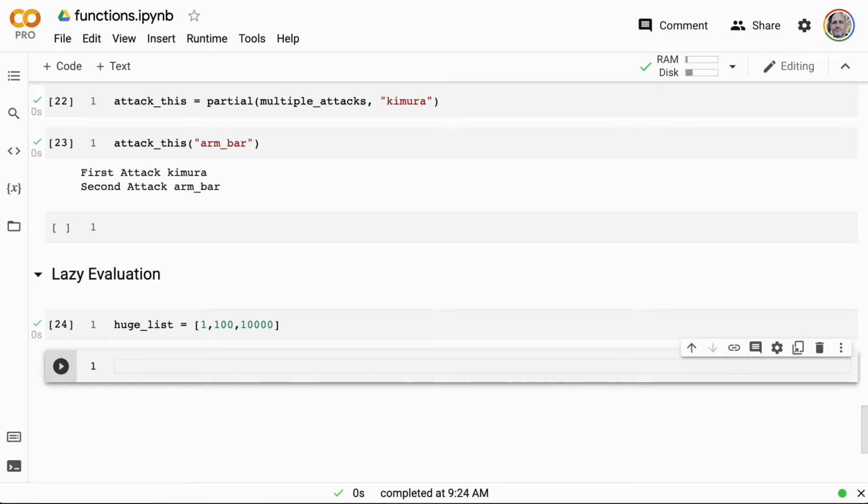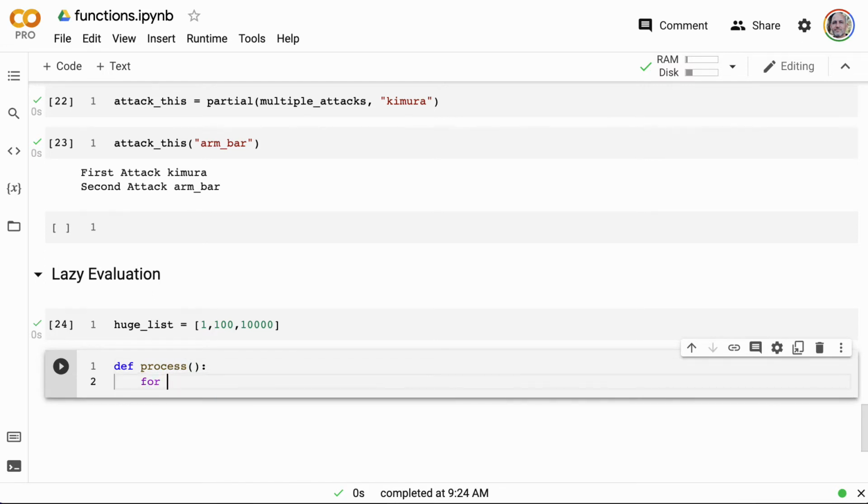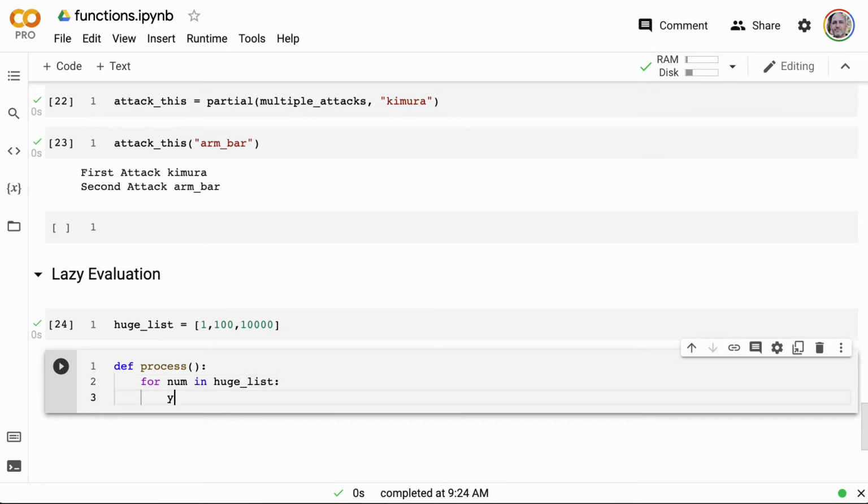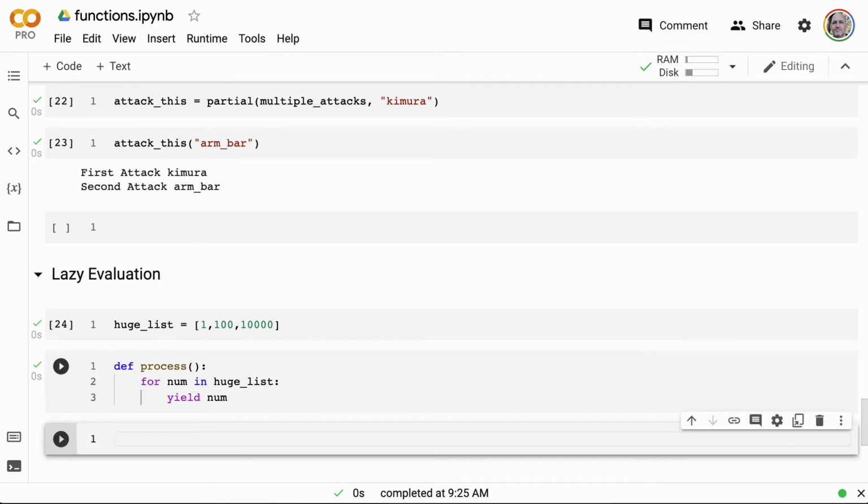But what you could do instead is use something called a yield that can only process a little bit at a time. So I could say: for number in huge list, let's yield the number. This is called generators in Python.